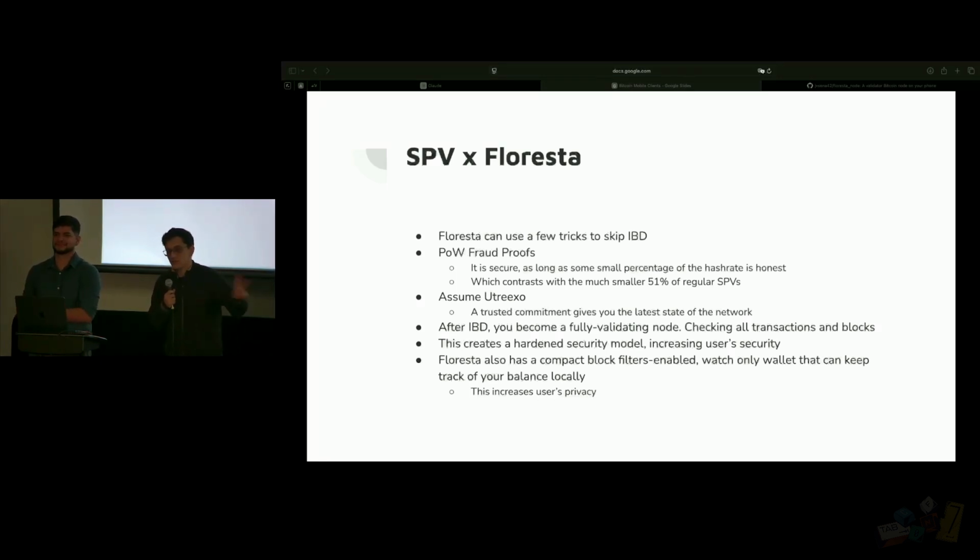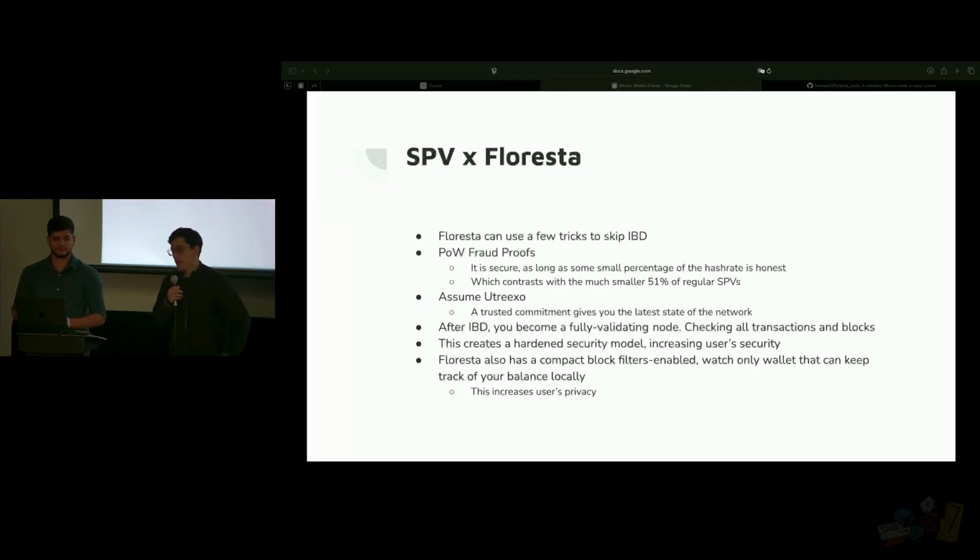So as long as those two promises hold, you are fine. You'll follow the exact same chain as a full node, but in the happy case, you only download as much data as a normal SPV would, so megabytes. It's very lightweight, very easy to do. The mobile client will do this process in minutes at most, depending on your internet,